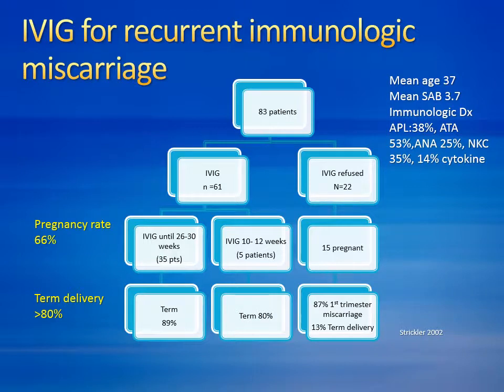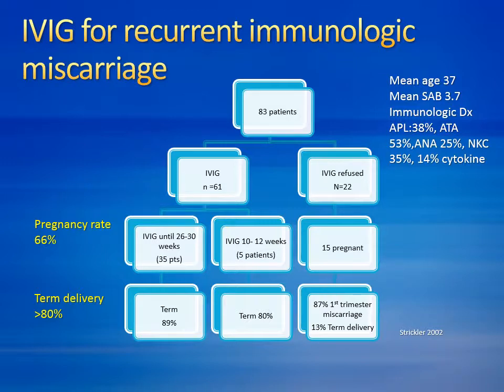So I'm going to show you some data now that has been published on studies asking this question. And this was one of the early studies back in 2002 in a recurrent miscarriage setting. So there were 83 patients who had had 3 or more miscarriages before, and they were tested as having abnormal immune testing. They were given the choice to take a new drug at that point, IVIG, for this indication, and some patients took it and some patients didn't. Of the 22 patients that refused to take the treatment,